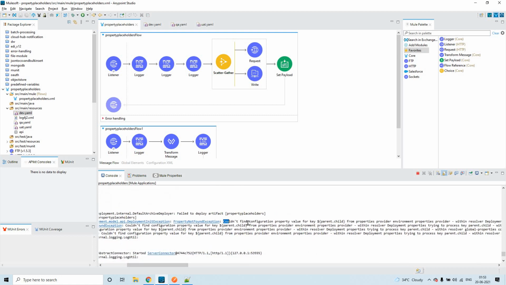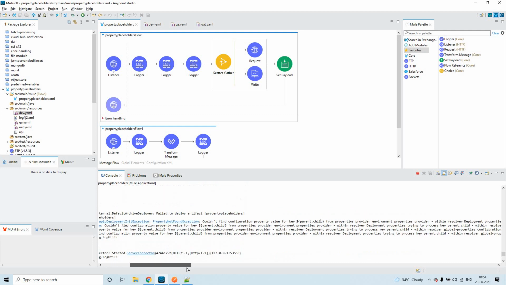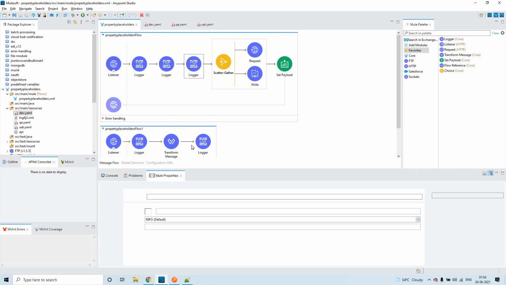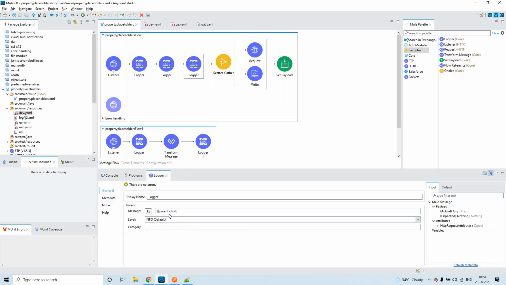It is saying could not find proper configuration property value for key ${parent.child}. This is the issue you'll get whenever you call a property with this dollar convention.